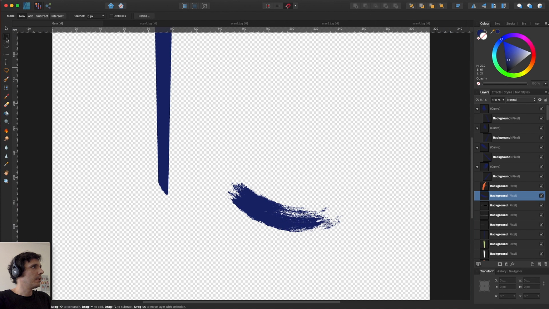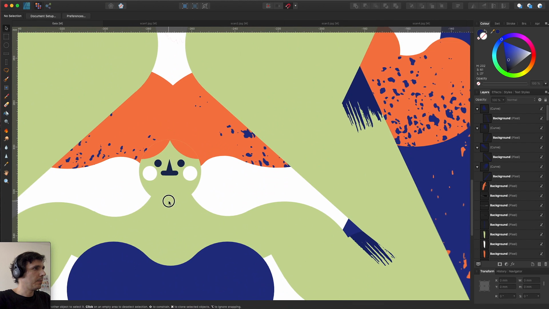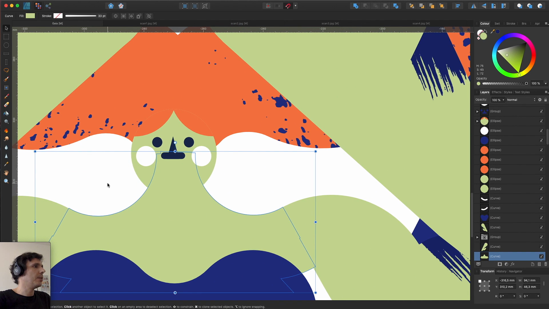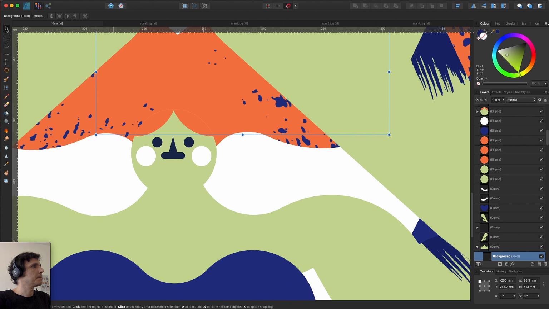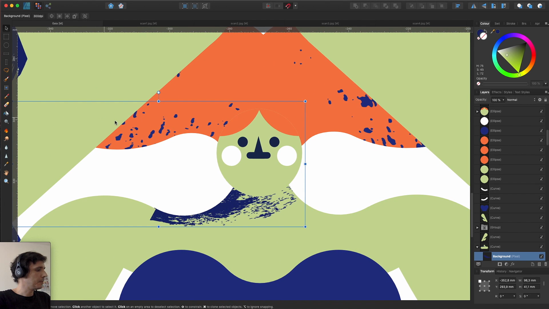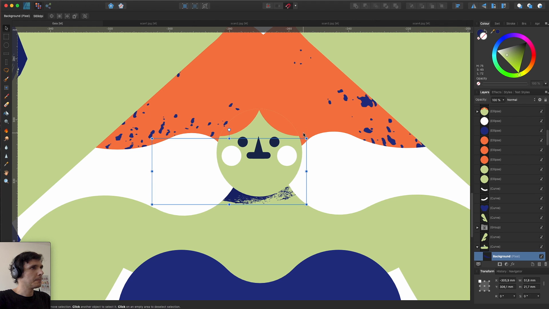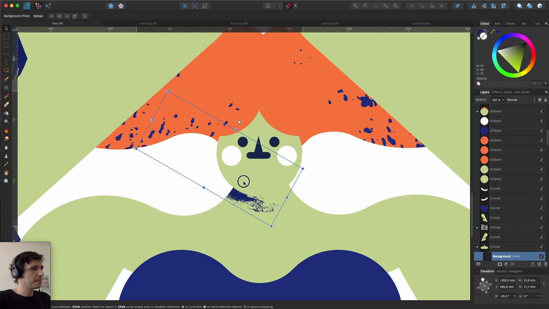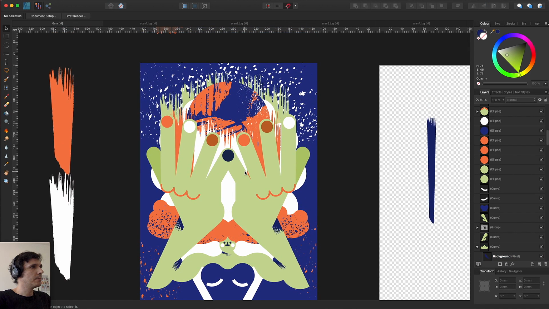So now we are going to take this, cut it, and bring it here inside this shape. You can downsize a little. So yeah, here you go.